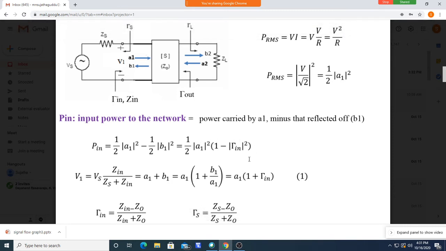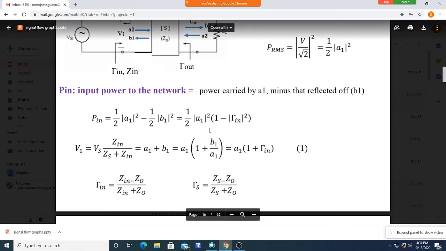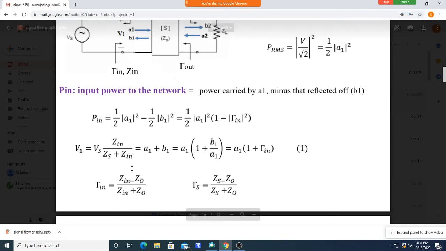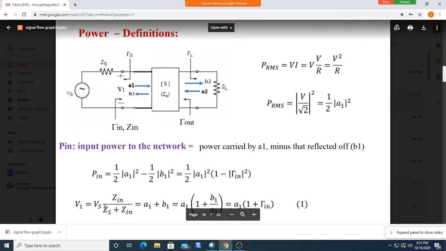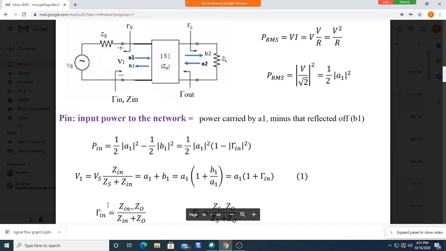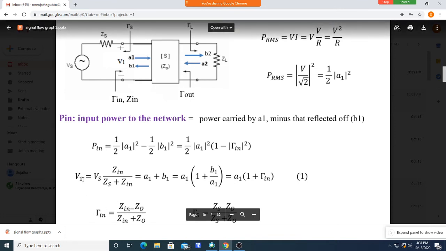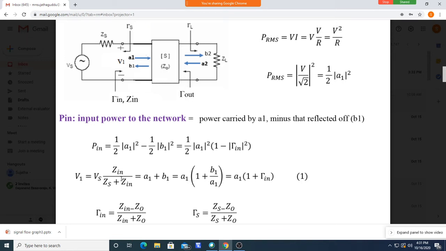Okay. So now further we can simplify this. How do we do that? We will proceed like this. Power input power. Okay, how to calculate that? Here we will do like this because it is easy to understand by you people, I think, because we were always using this in our network analysis and other low frequencies.